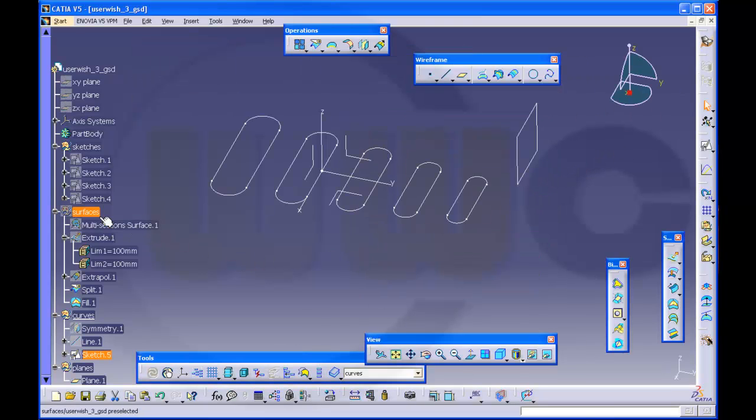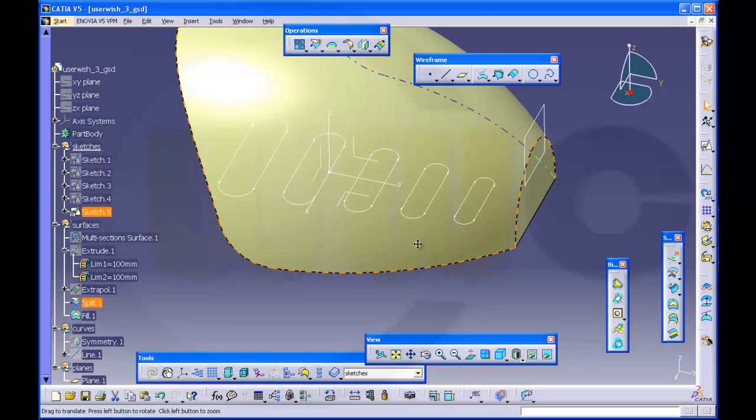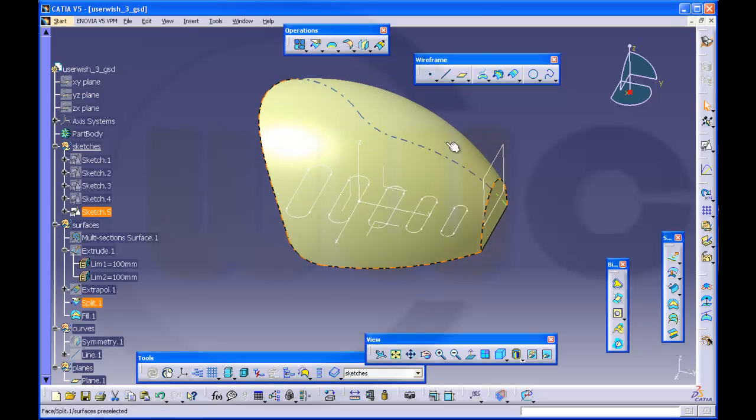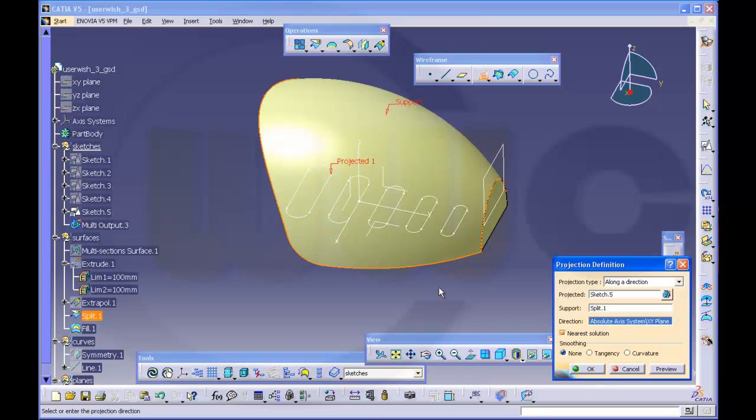Okay, show the surfaces, move the sketch up here, then make a projection along a direction. So I want to project along a direction. Direction should be this one, support that one, and I'm not going for the nearest solution, and